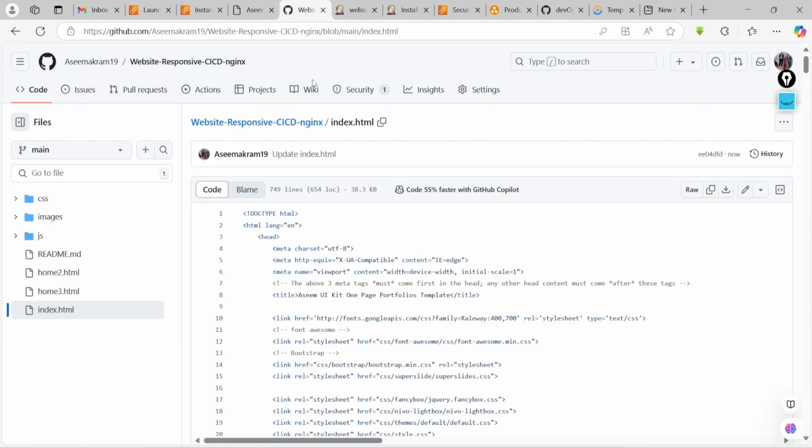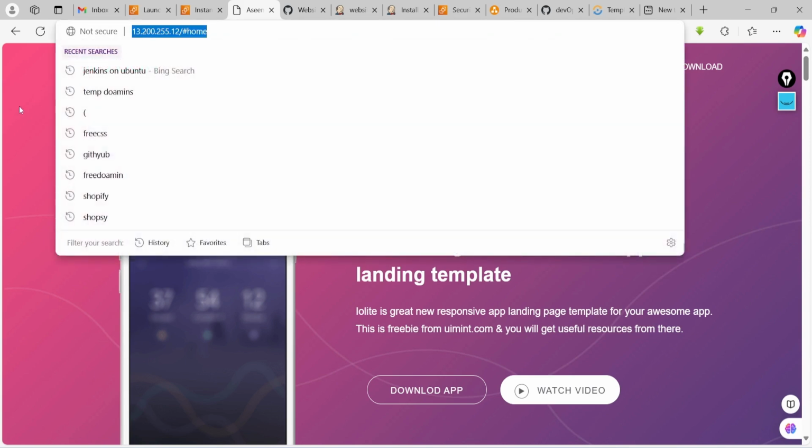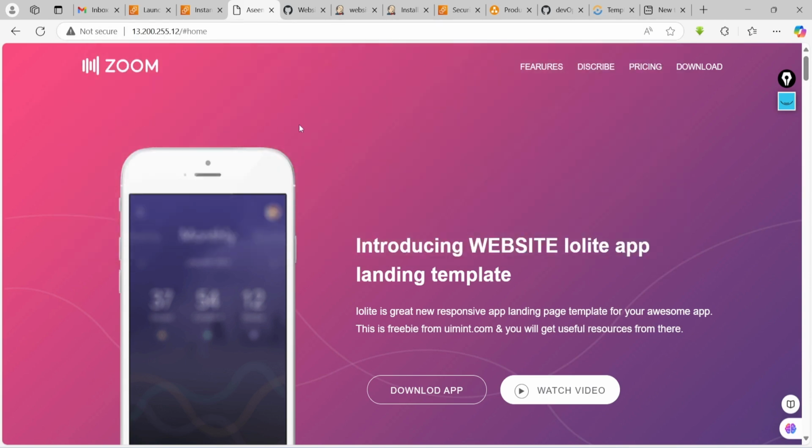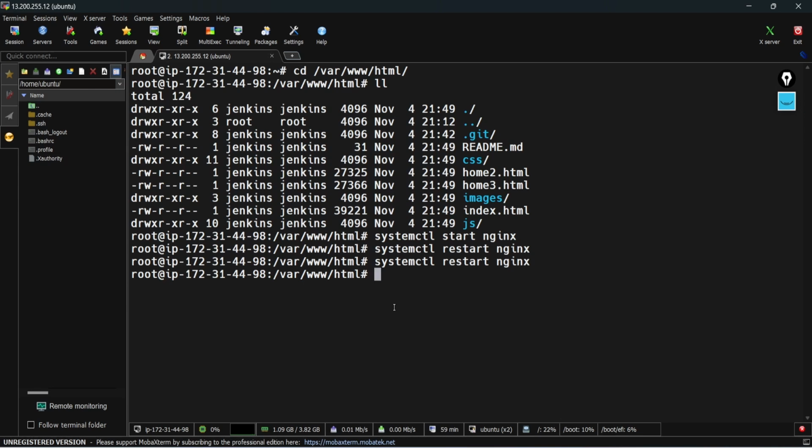Okay, that's fine. Now the point is how we are going to fetch or provide this to the users. In this case, there are two options that we are already using. First is using Nginx. So in this case, we already have Nginx, nginx -v. If you check over here, Nginx is installed. So where are the configuration files? If you go over here, you're able to find